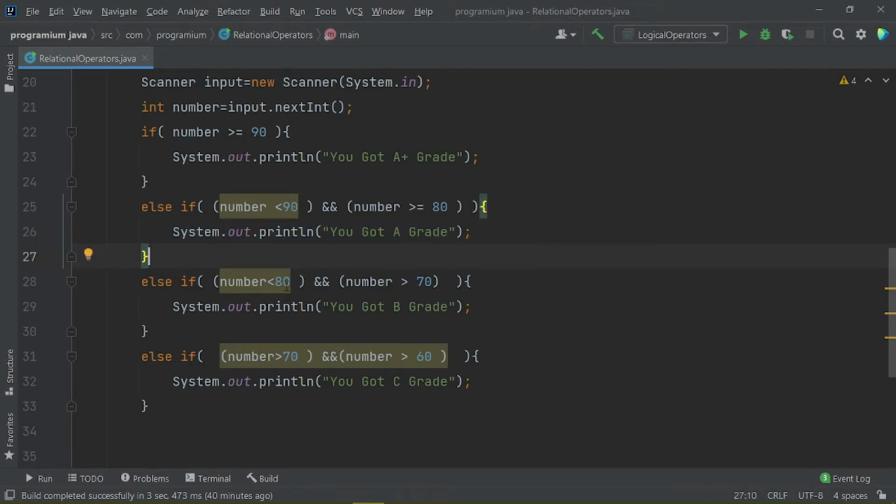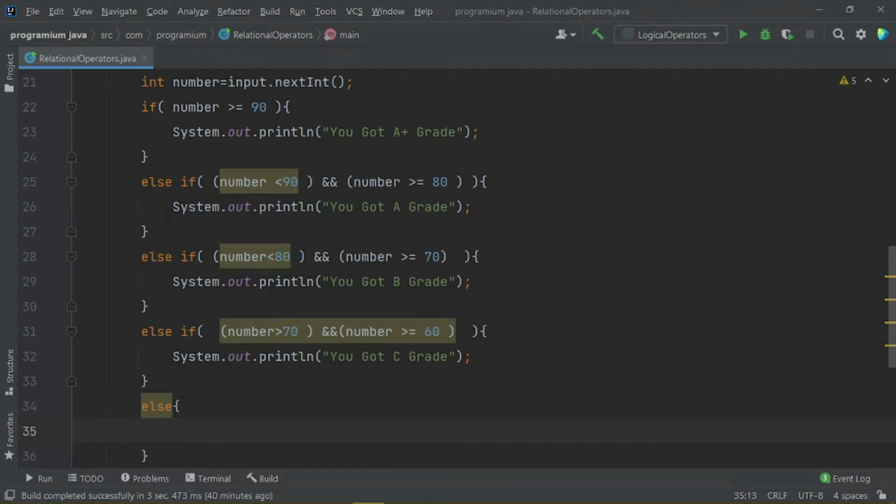If smaller than 80 and greater than or equal to 70, then B grade. And if smaller than 70 and greater than or equal to 60, then C grade. And another else here, that if any other numbers, then we tell the user, you are a failure.